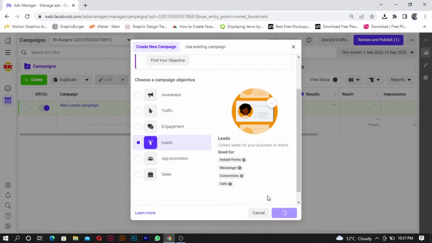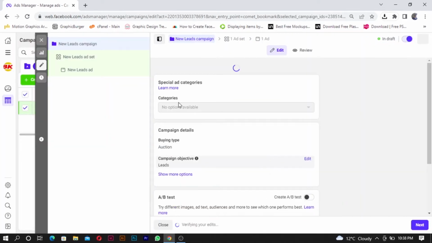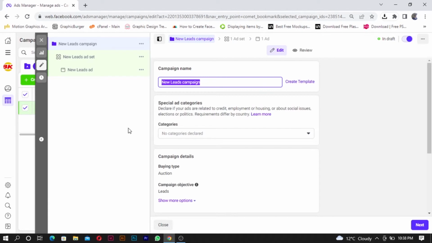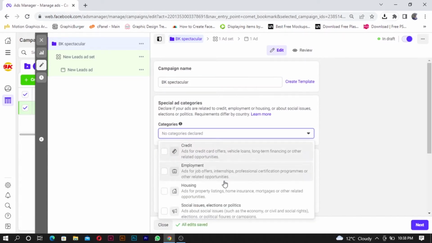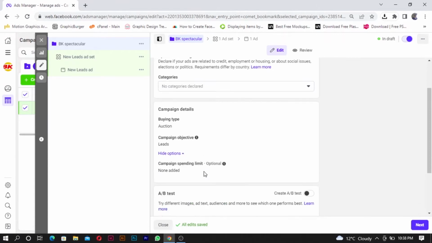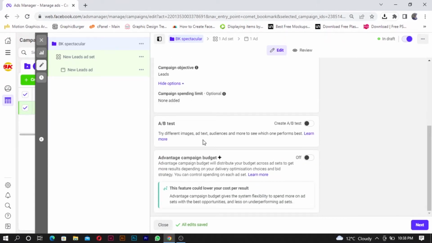Continue, and then these options will be coming up. So the ad's name would be BK Spectacular. You can name it whatever you would like to name it, but don't worry about that. And then special ads category with regards to this, don't worry about that. As I said, we will be keeping it simple for this video. By campaign details, just show more options. Don't worry about none of that. Go on. Then all you would do is say next,